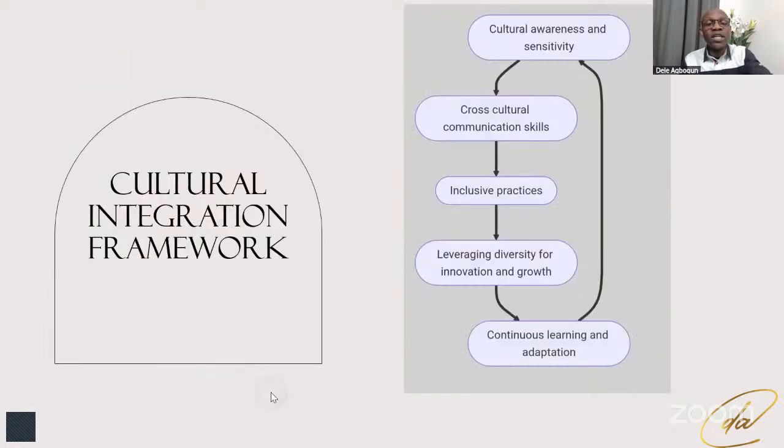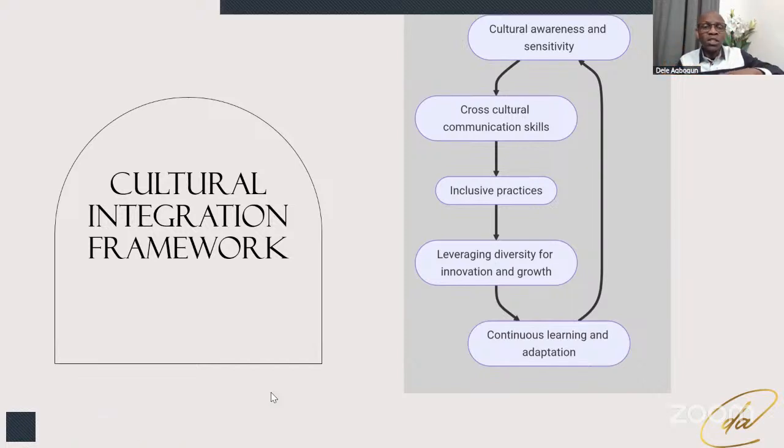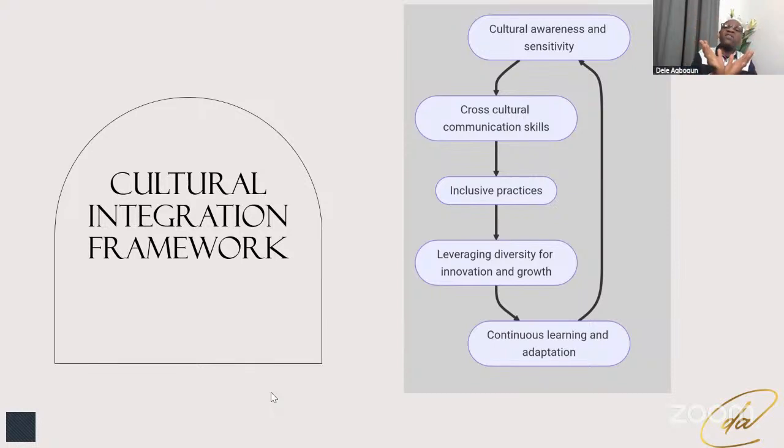Now, in coming to the end of my presentation, thank you everyone for making all the contributions and engaging. I said in the video that I sent that it's just a simple framework, and it's based on what I have actually talked about here. The first level is about awareness. If you are not culturally aware, it will be difficult to even have an idea of how you intend to approach it. Now, if you are aware, then in approaching it, you need communication skills. It's not just communication skills at the general level, it's cross-cultural communication skills.